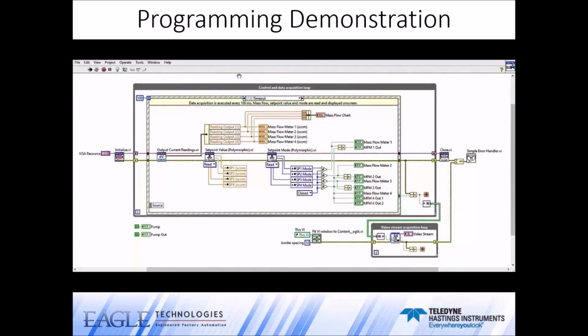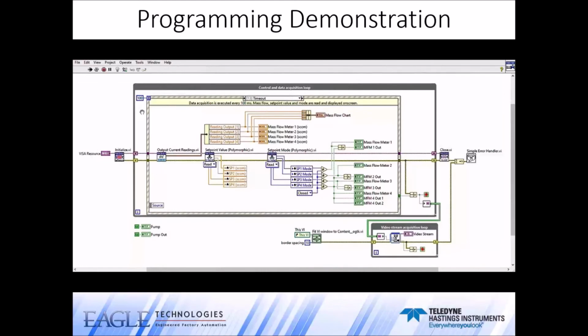Now, let's take a look at the block diagram. Since this application is for demo purposes only and it is not time sensitive, we use a simple event handler design pattern. The execution flow starts by initializing the connection with the device. If the connection fails, an error will propagate through the while loop and event handler structures, stopping them and then prompting an error message. If the connection is successful, the event handler will wait for user events and time out